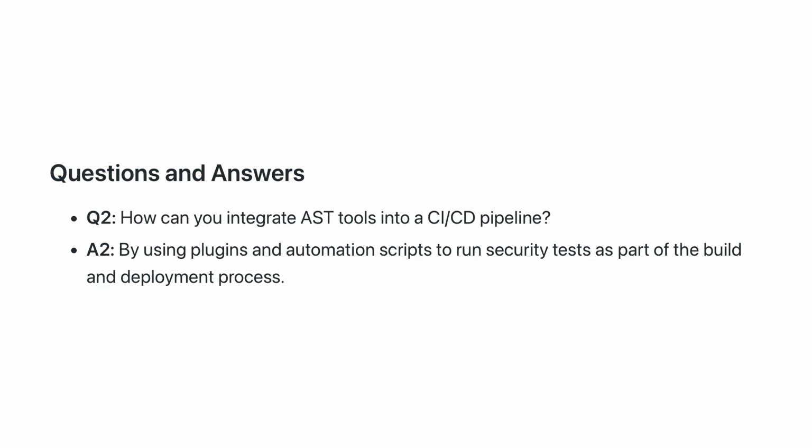Q2, how can you integrate AST tools into a CI/CD pipeline? A2, to integrate application security testing, AST tools, into a continuous integration, continuous deployment, CI/CD pipeline, you can utilize plugins and automation scripts. These plugins and scripts enable you to run security tests automatically as part of the build and deployment process. By embedding these security checks into the pipeline, you ensure that vulnerabilities are detected early and consistently, allowing for quicker remediation and maintaining the security integrity of your application